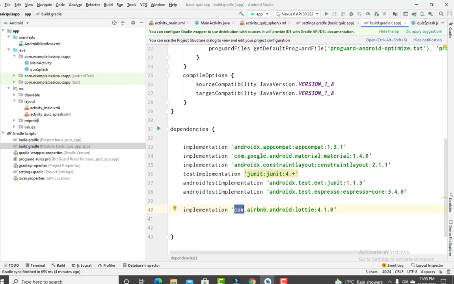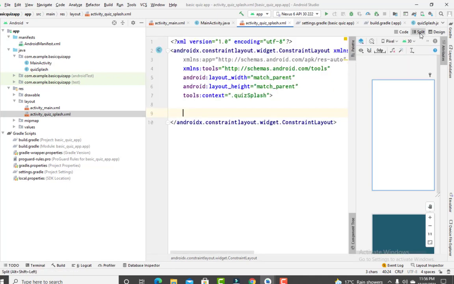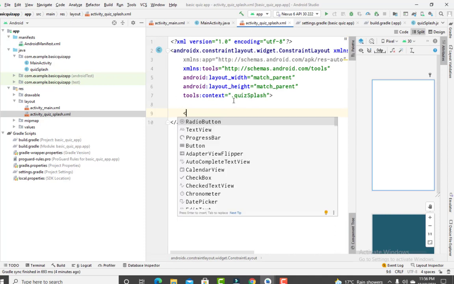Now let's go to the front end of quiz splash, and here we will go to split. In the split we can see the design and we can see the code. Here I want to add the Lottie animation view.